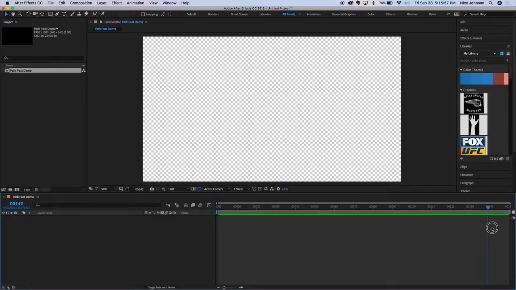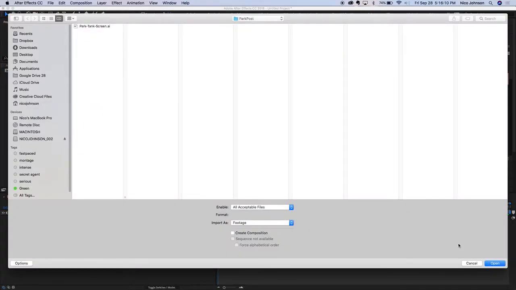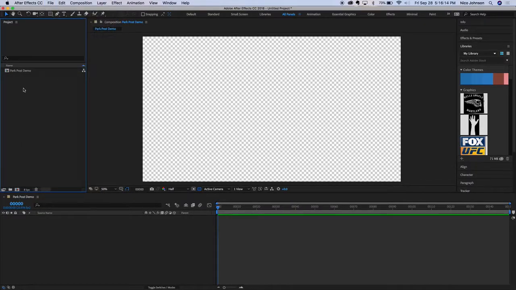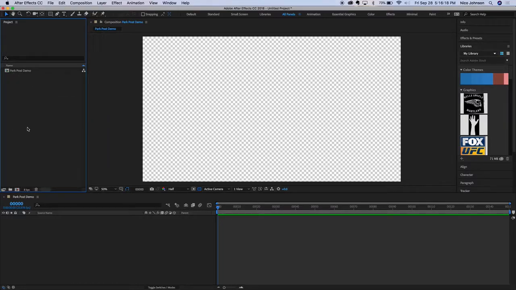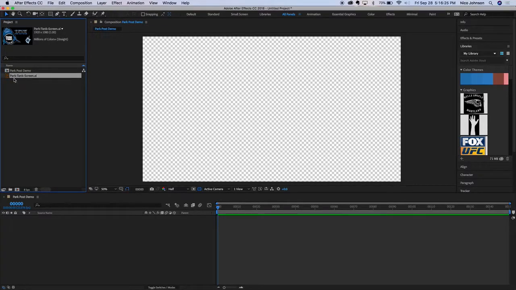So again, this just refreshes how this should work. To get started with a layer, you can bring something in by going to the project panel, either double-clicking or right-clicking and hitting import. There's also File, Import, and right-click, New, Import File. There's a lot of different ways to do the same thing. For my purposes, since we pass this graphic around, I'm just going to bring this park tank graphic in. Double-click, and you see it just pops up here